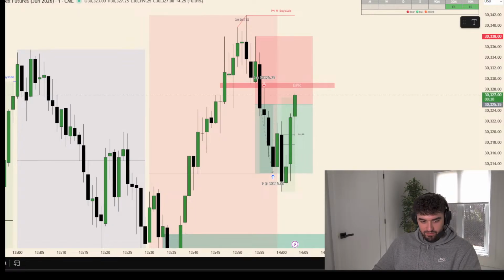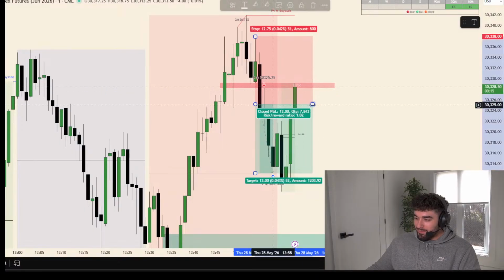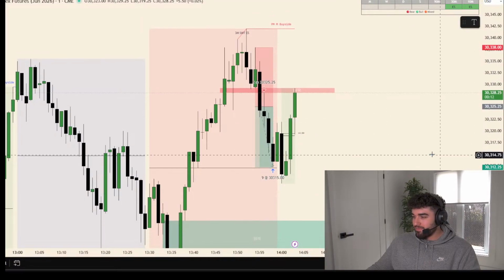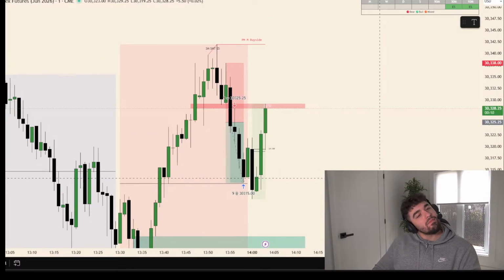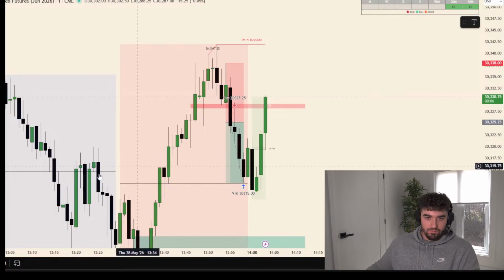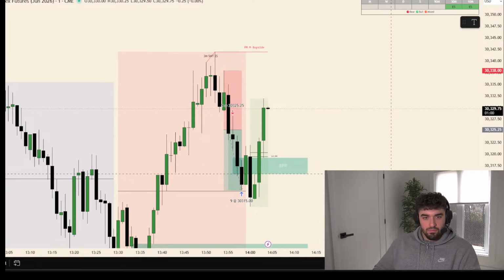Now, if you want an A plus plus plus entry, you wait for it to retrace to the 50% line. I'm showing how I would have entered. If you would have told me, look for a short setup, this is how I would have done it. And if I want it to be an A triple plus setup entry, I wait for it to retrace 50%, because then it's 3-1 just to come down to here.